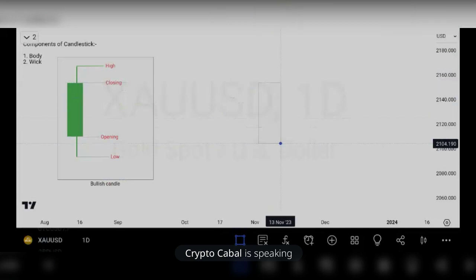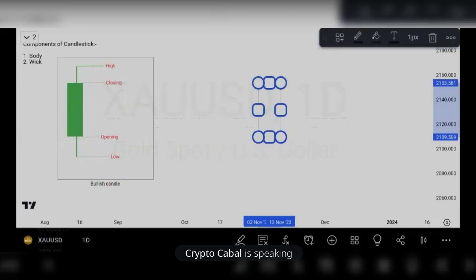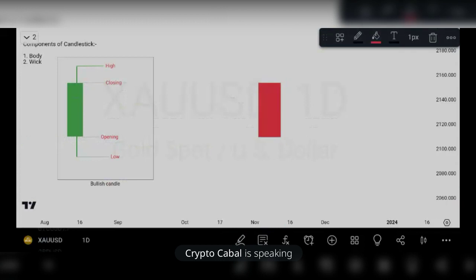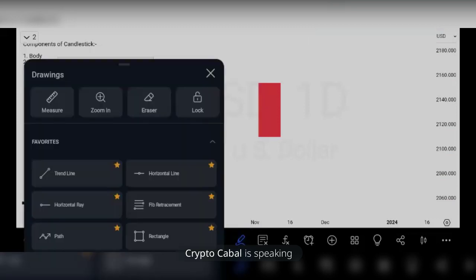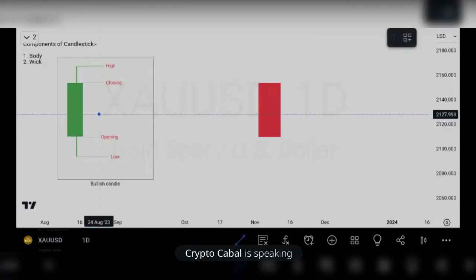We have something of this nature, which is actually red. Yep, red, right? We have it in red. And now when we have it in red, remember when I started drawing the green candle, I said the green candle starts opening from the bottom, closes at what? The top. But for the bearish candle, when price is falling down,